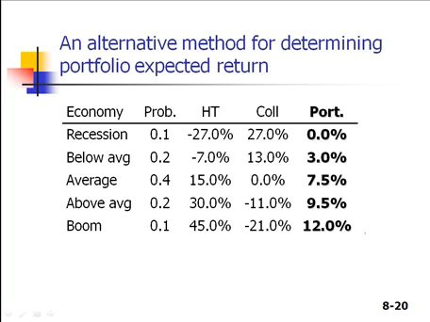So this probability distribution shows you the possible outcomes for the high-tech stock and for the collection stock, and it shows you the 5 different states of the economy and of course the payoff or the return to each stock in the event that each one of those states of the economy were to occur. And of course, like any probability distribution has to, it also shows you the chances of each outcome occurring. And this is just taken from the table that we saw in the previous part of chapter 8 as well.